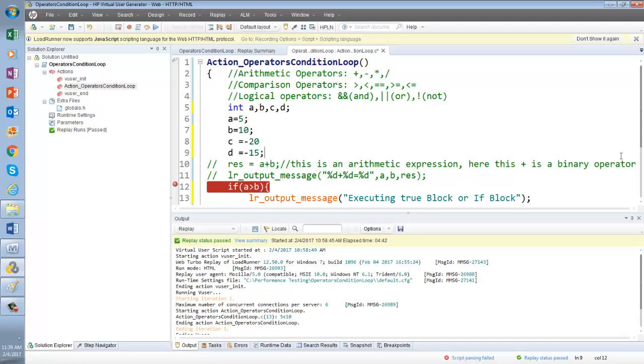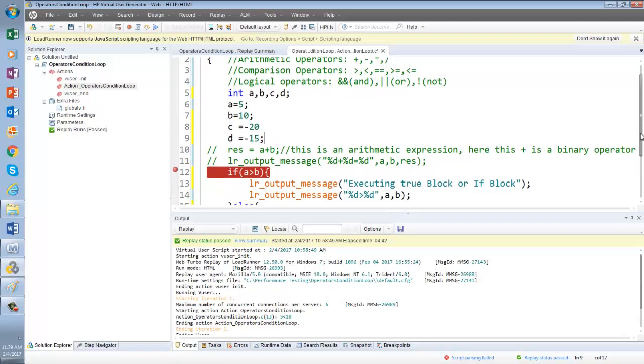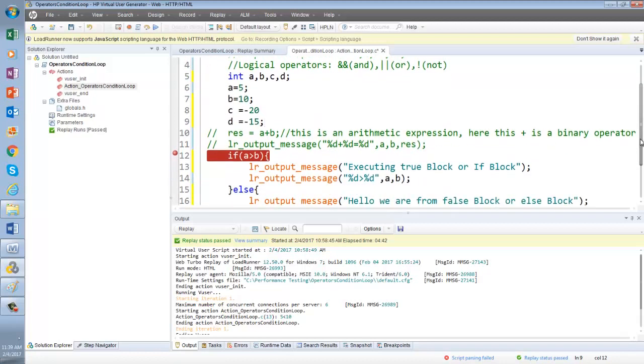Can you see any mistake, any problem in the code? You need to put a semicolon. Otherwise, it will show an error.